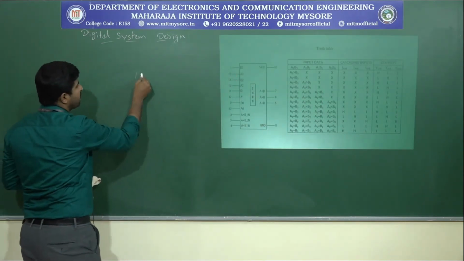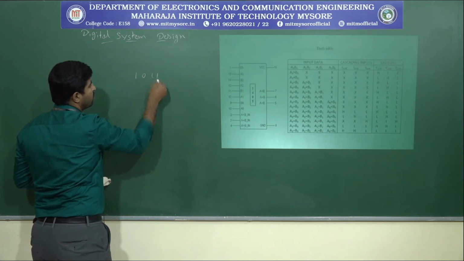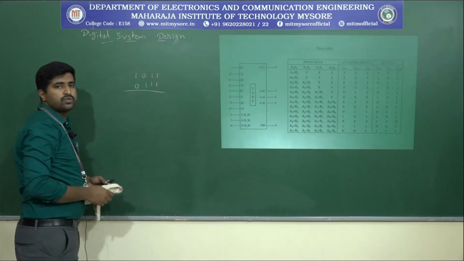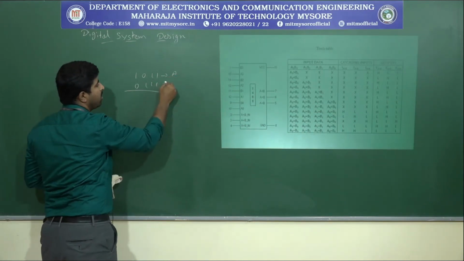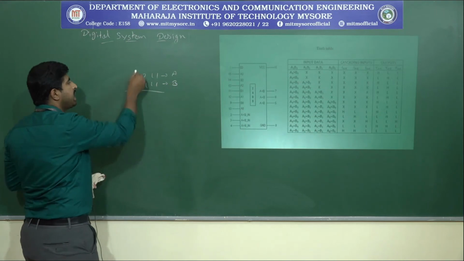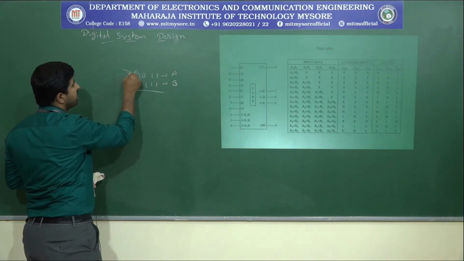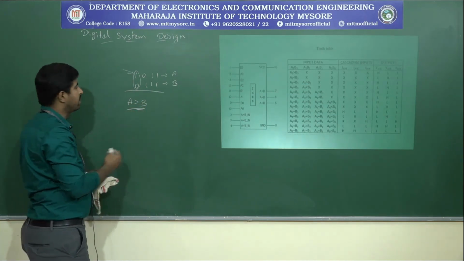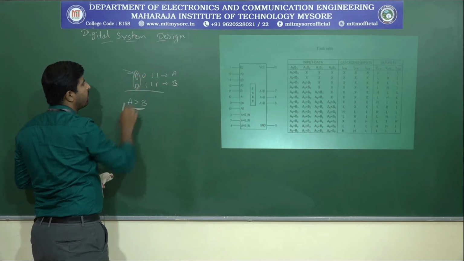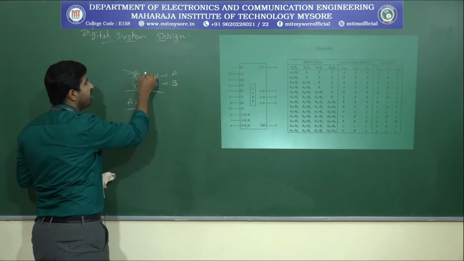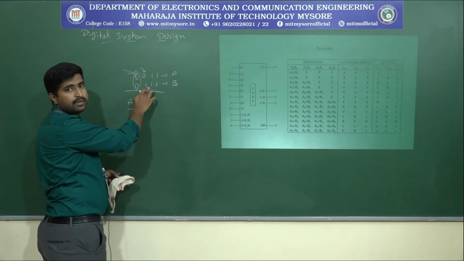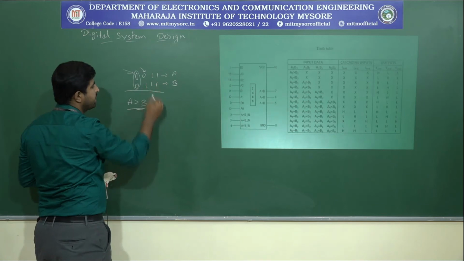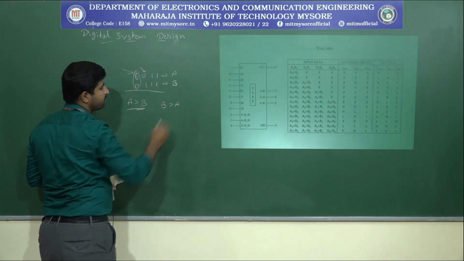So we know that when comparing 4-bit numbers, for example 1 0 1 1 and 0 1 1 1, how do we identify whether A is greater or B is greater? By seeing the MSB. If the MSB of A is greater than that of B, we can understand A is greater than B. If the MSB bits are both equal, either 0 0 or 1 1, then we need to look at the next lower bit. If A equals 0 and B equals 1, this indicates B is greater than A.